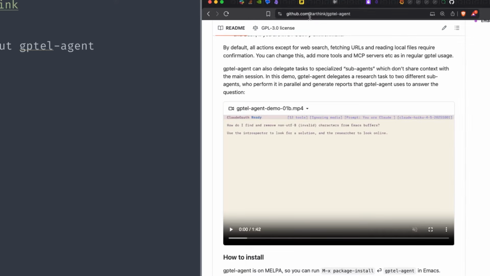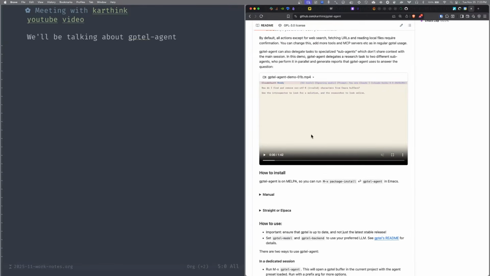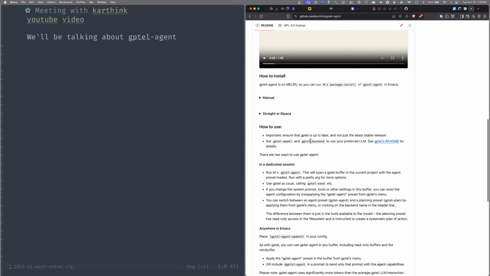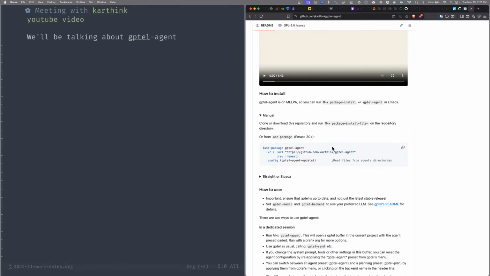Okay, so I navigated to gptel-agent. I have not tried this, so I will be installing and starting from scratch, following the instructions. And I'm looking forward to the dozens of ways in which I'm going to watch it break while I have no control over what's happening. So that's what's on my agenda.